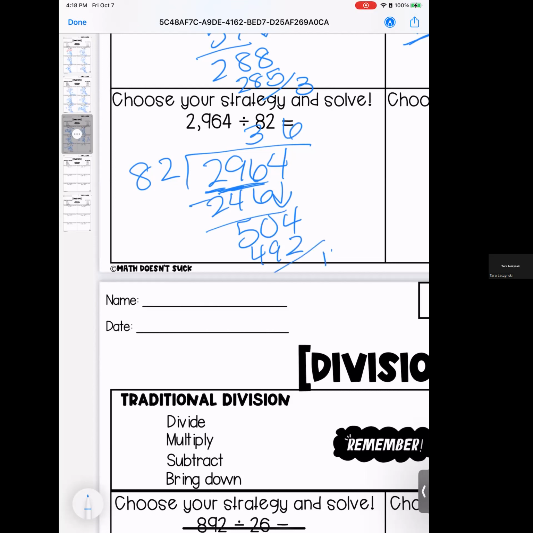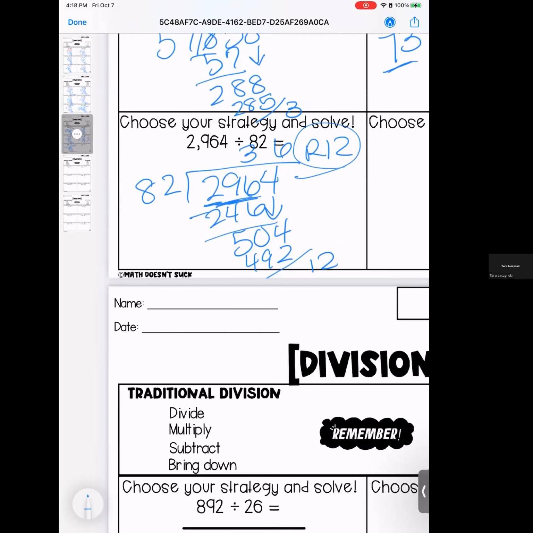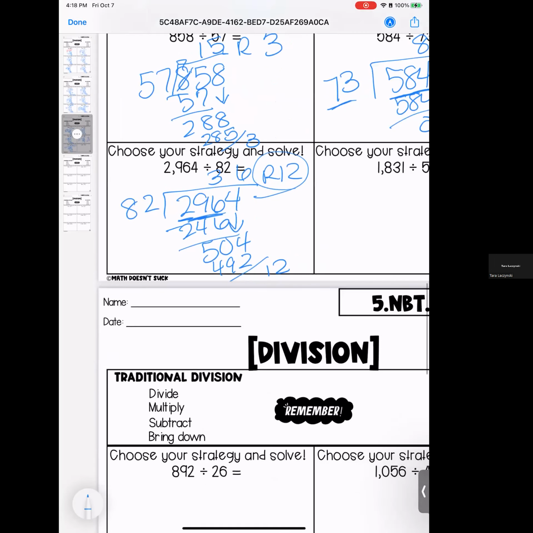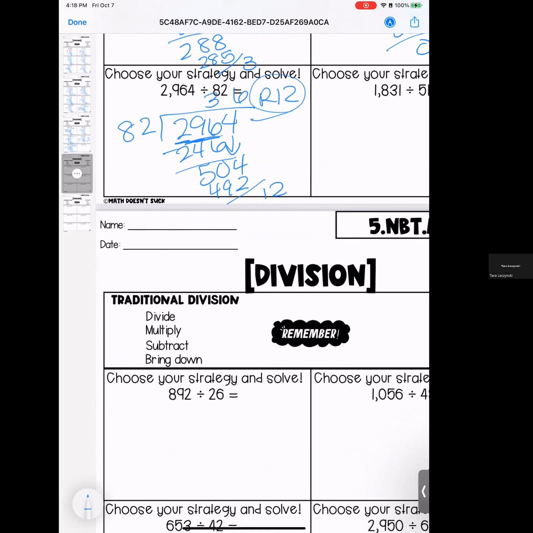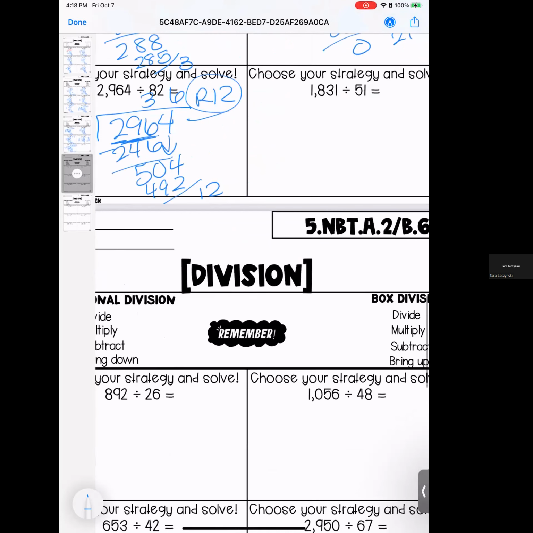When I subtract, I'm left with 12. That is my remainder. 36 with a remainder of 12. Move this up so you can see it a little bit better. Again, 36 with a remainder of 12. And last one for this page, we have